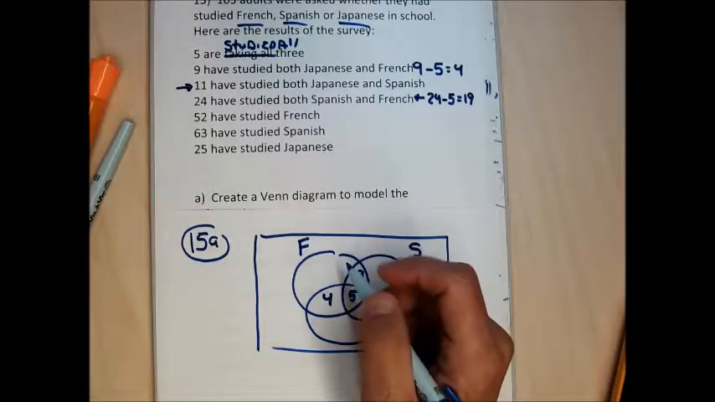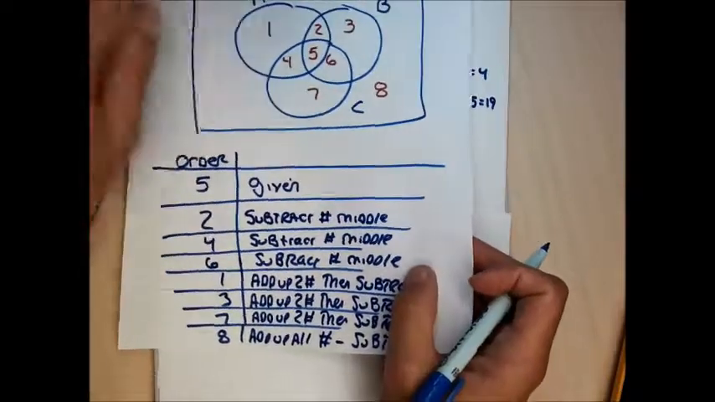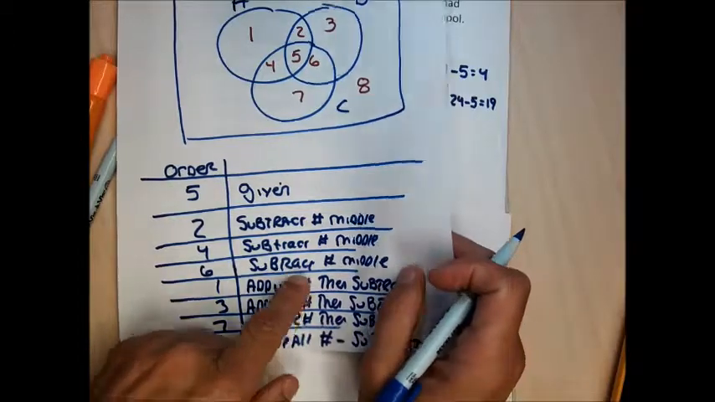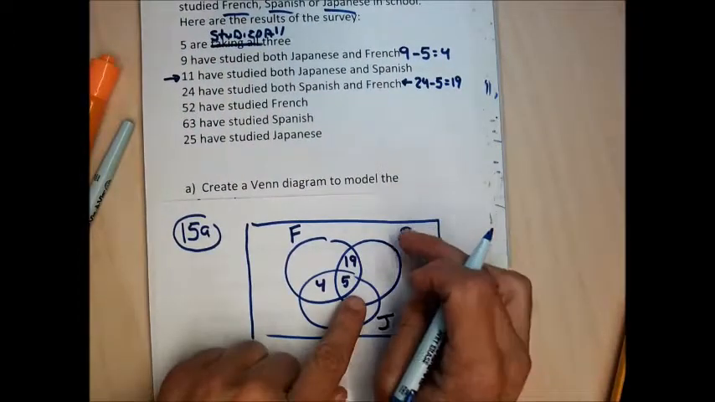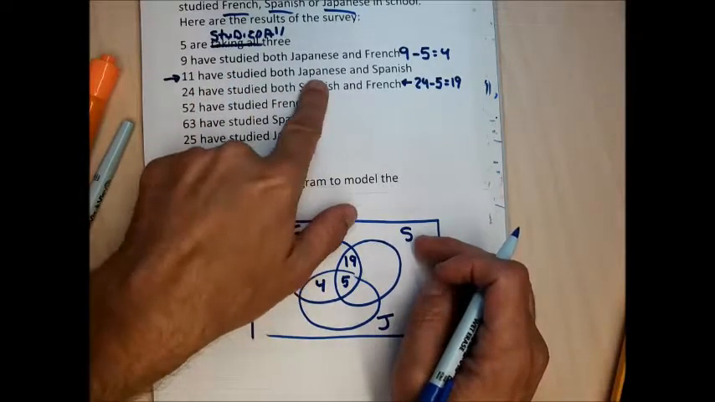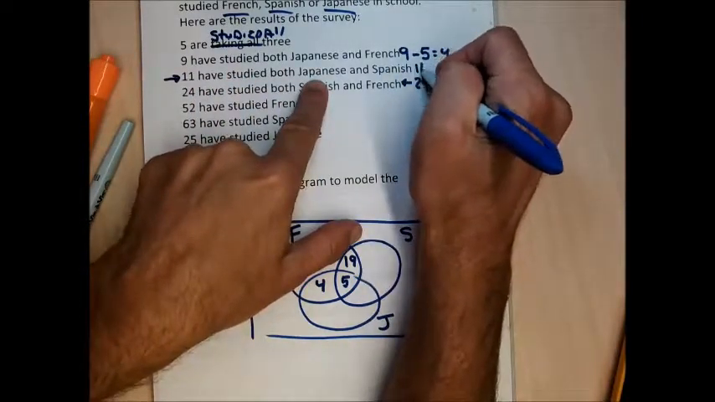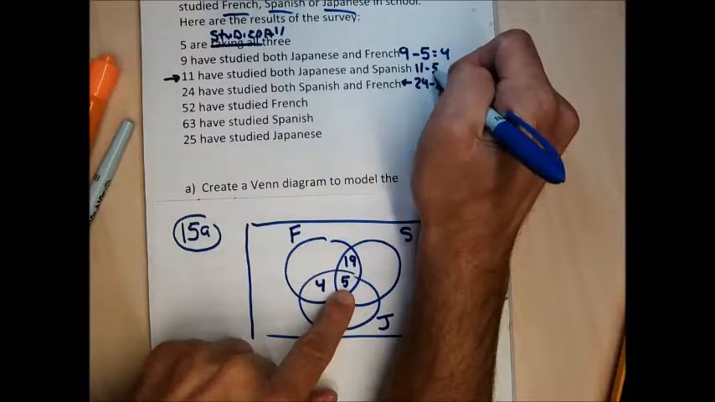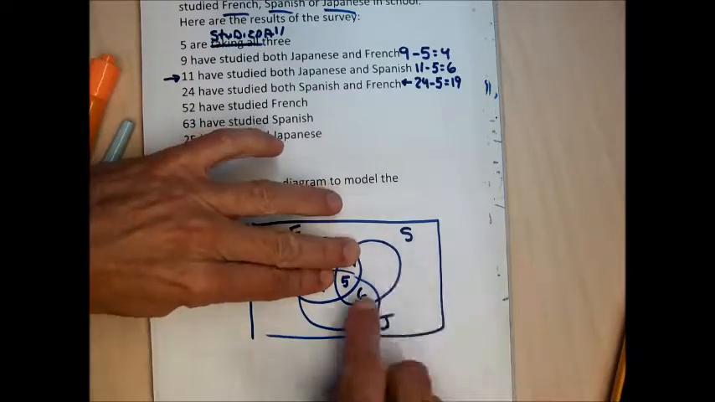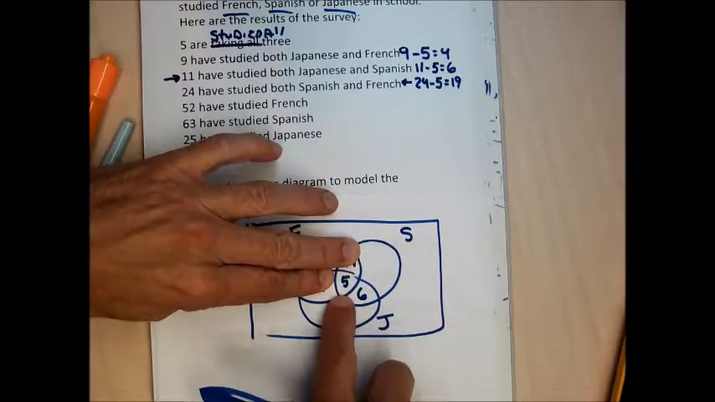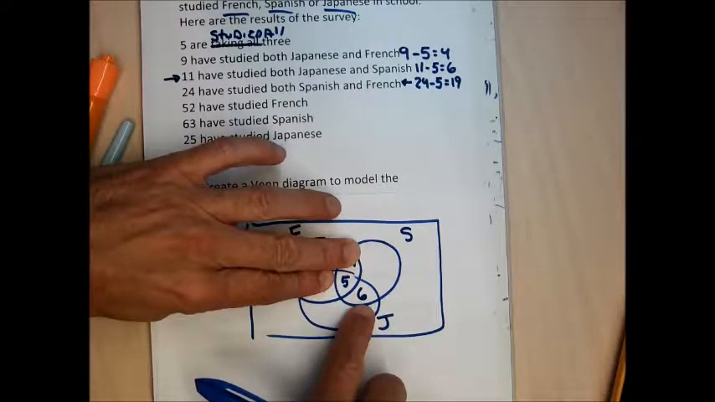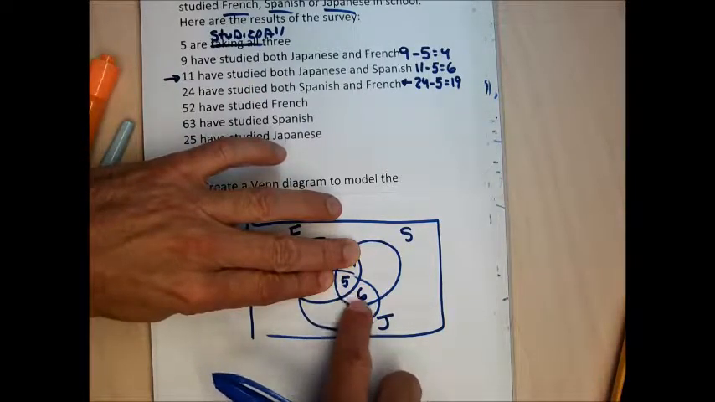Next number I need to put in is region 6, and for region 6 I have to subtract the middle number. So for region 6, which is in the Spanish and Japanese circle, I look for that Spanish and Japanese number, which was 11, subtract the number in the middle, which is 5, which gives me 6, and that's going to give me the 11 that studied Spanish and Japanese, broken up into 5 that studied all 3, 6 that only studied Spanish and Japanese but not French,